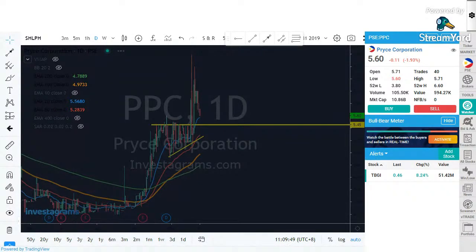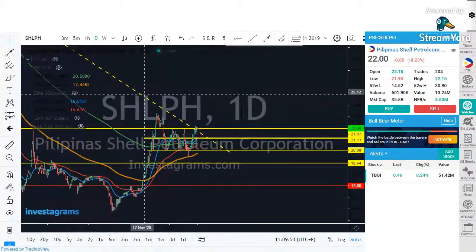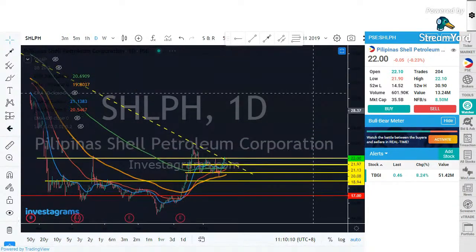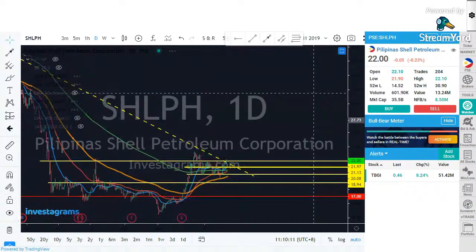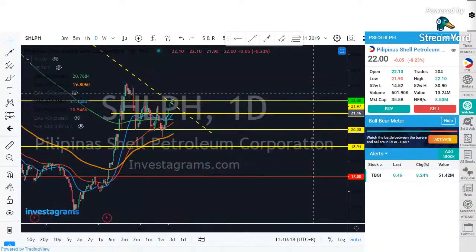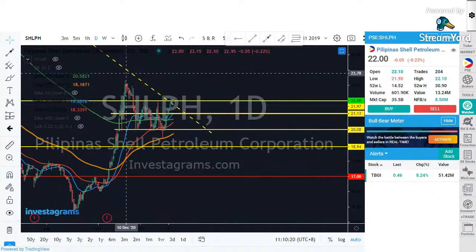Is it LPH? So we'll see the chart. So this is Pilipinas Shell Petroleum Corporation. Now, if you see the price movement of SHLPX,